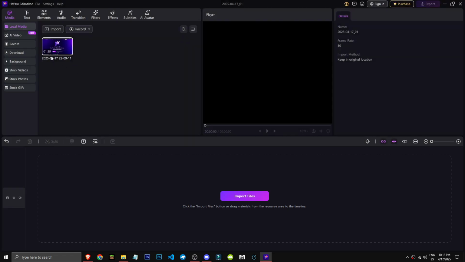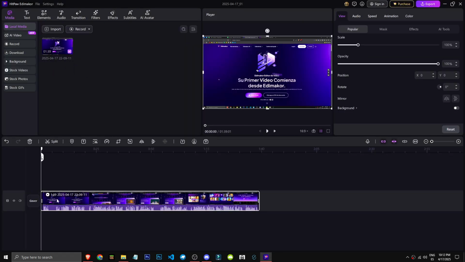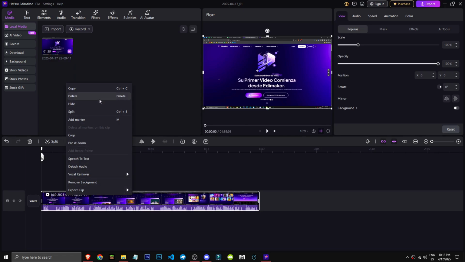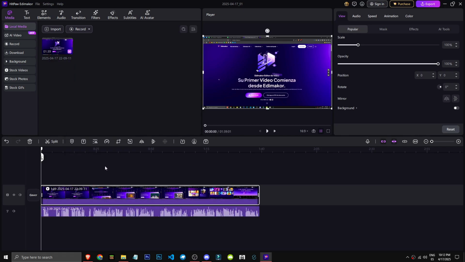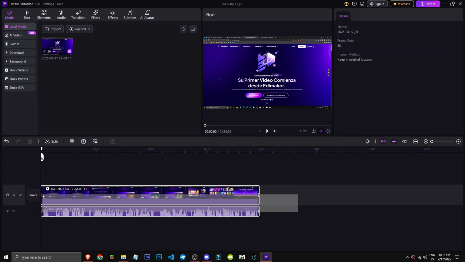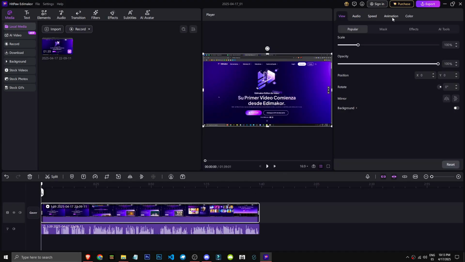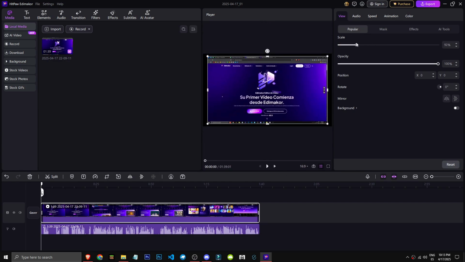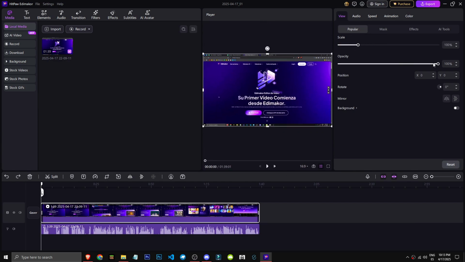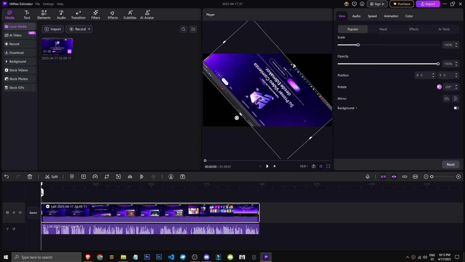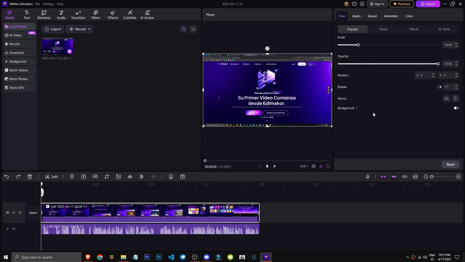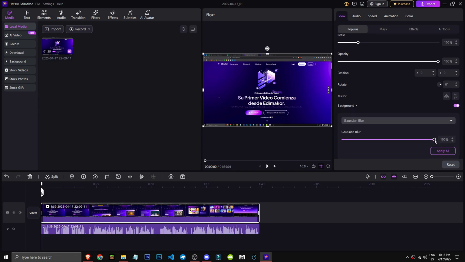can modify it. It shows the audio is separate, but we can adjust the video scale. In other words, we can adjust its size, opacity and transparency, as well as its position, rotation and mirroring, and we can change the background if there is one. If it's scalable, as you can see, we can alter the background, and all of this can be done without any issues. We can add masks, effects and AI tools like background removal or blurring, which is similar to what